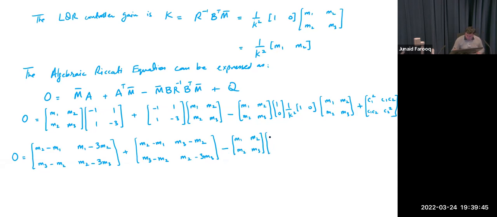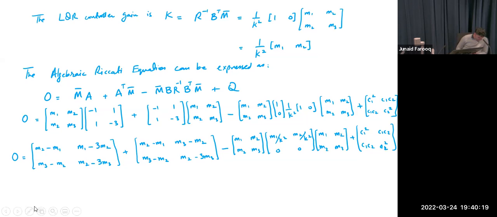And then here we get M1 over K squared. And this is M2 over K squared. And then we get... I hope I'm doing this correctly. Okay, so